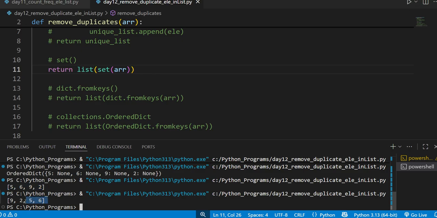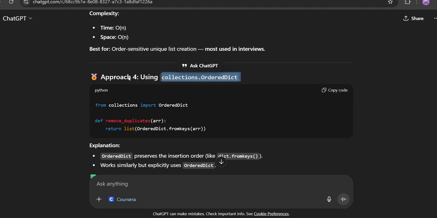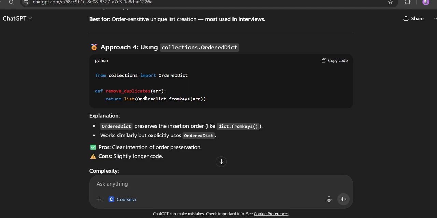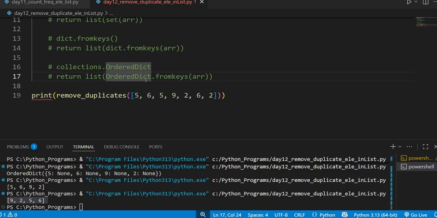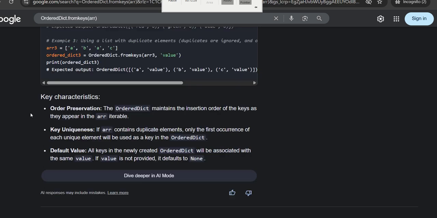Here, in the set method, we don't get the order, but with a dictionary and a loop-based approach, we get the order. Okay, so yes, here we use fromkeys directly on the array. So in that, let's say we have this,